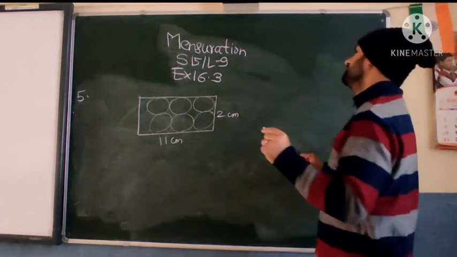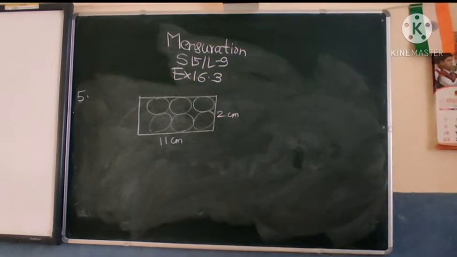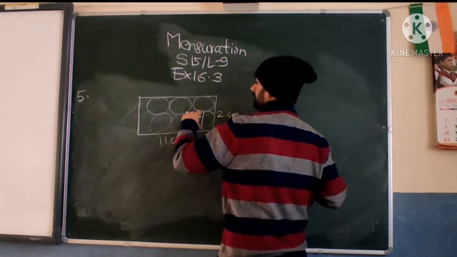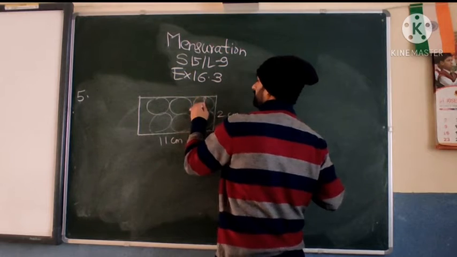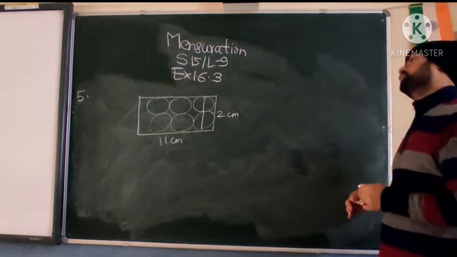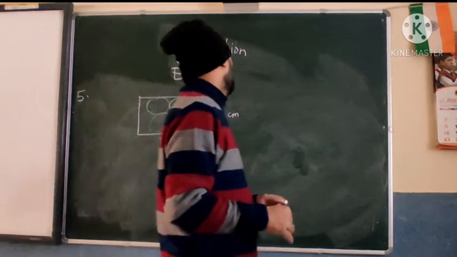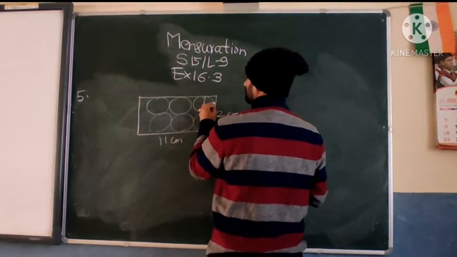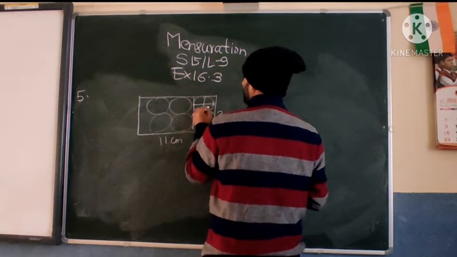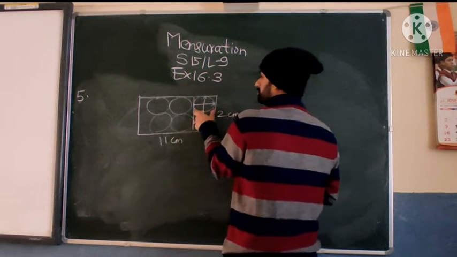Now each disc is there, so it will have what? Diameter is given how much? 0.5 centimeter. Now see, this will be 0.5, this also will be 0.5. Yes or no? So we can have lengthwise also and widthwise also. First of all, 0.5 means this is only 0.5. That means we need to have a 0.5. This is 0.5 diameter and this also is 0.5.